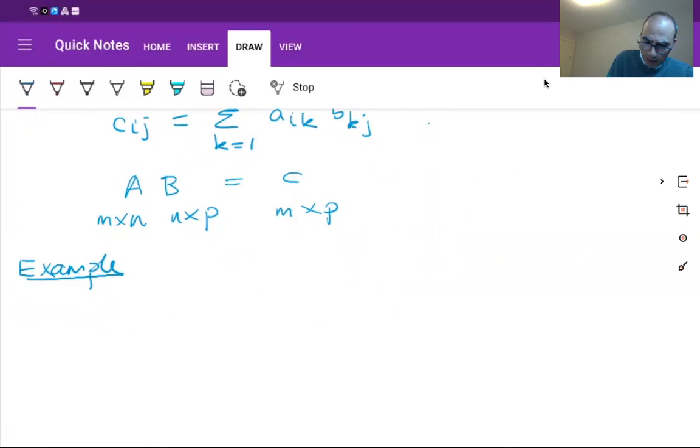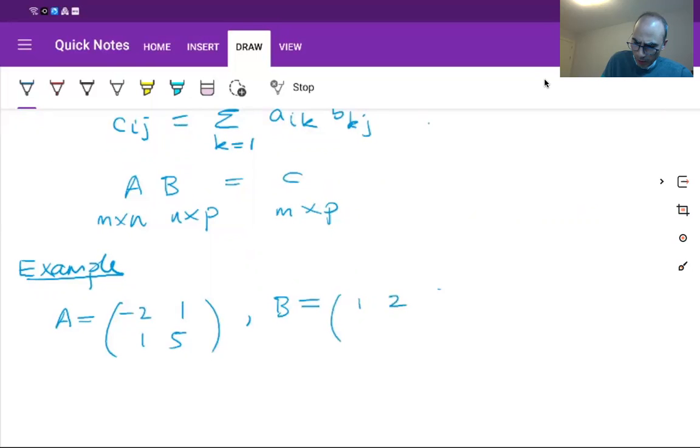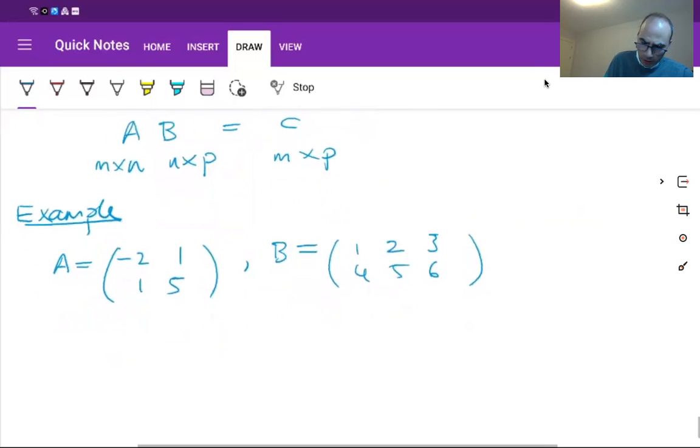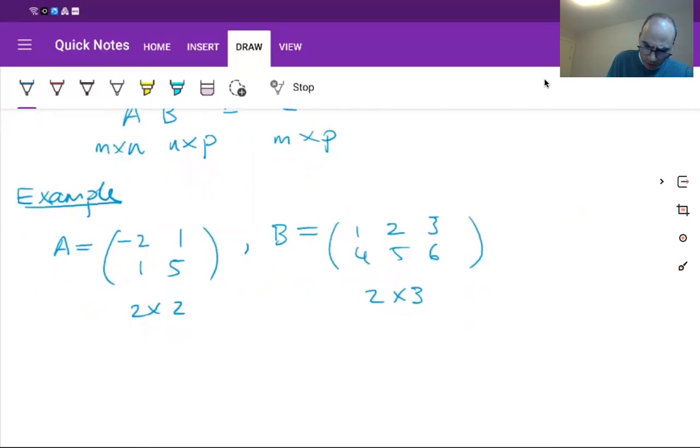Let's say A is the matrix, for example, and say B is the matrix, let's say the one we had before, a simple matrix. Okay, so here A is a 2 by 2 matrix, and B is a 2 by 3 matrix. So the product makes sense, and AB is the matrix